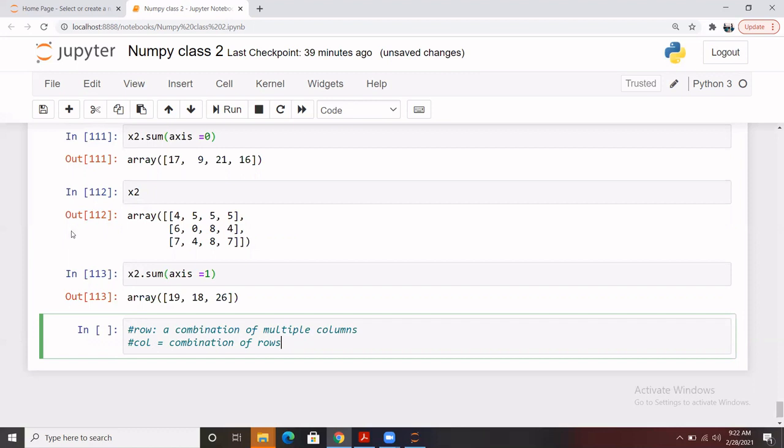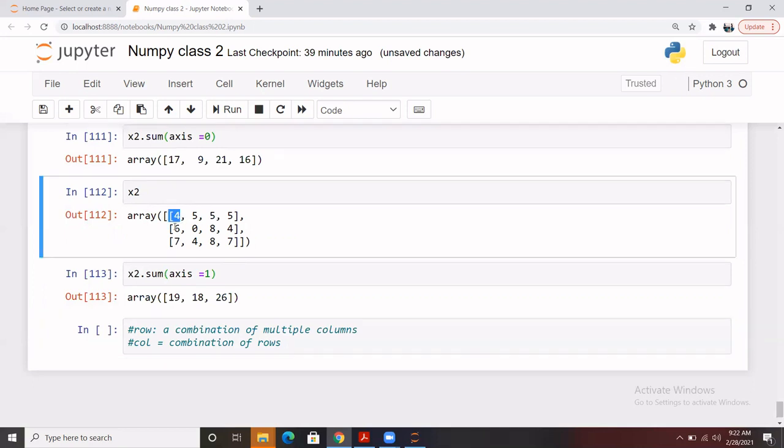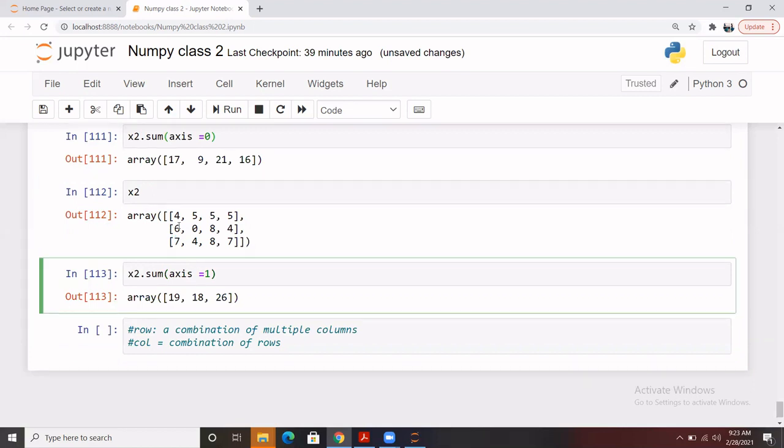The same thing is happening here. You see, for the axis 0, this is the array. So for all the rows, what are we adding? We are adding this, this, and this. And these three rows make one column. So you might be confused here about how it is adding the column. It's not adding the column, it's basically giving you the sum of all the rows. And for this column part, you see, all these rows make one column. So that's why it has summed up something like this.